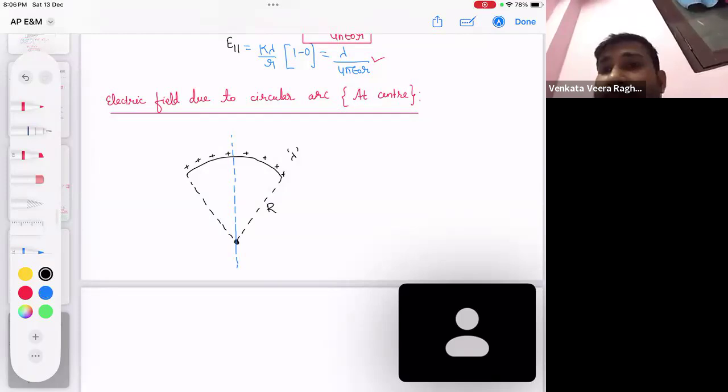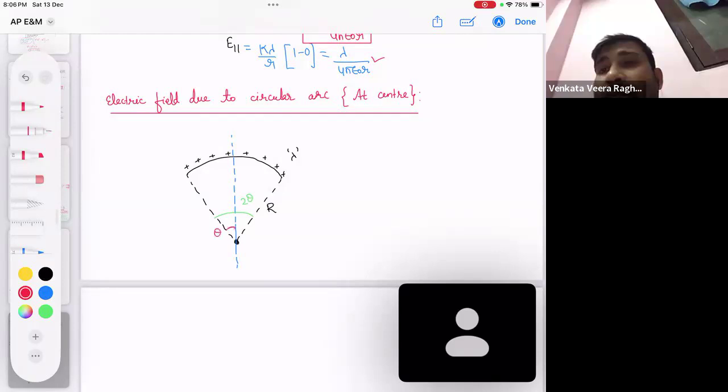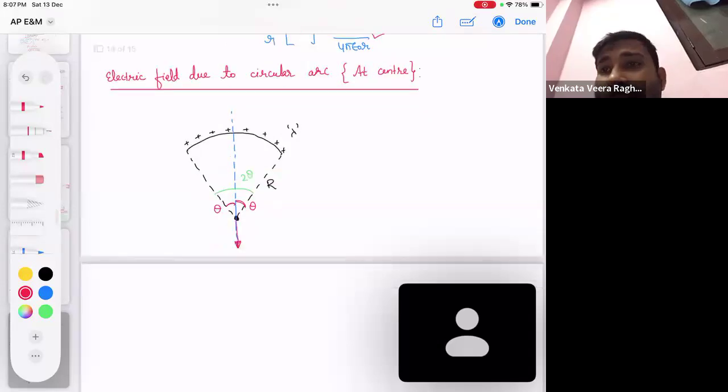So let's consider the total arc angle as 2 theta. So these two angles will become theta, theta, because that blue line is representing the angle bisector. So the field here will be